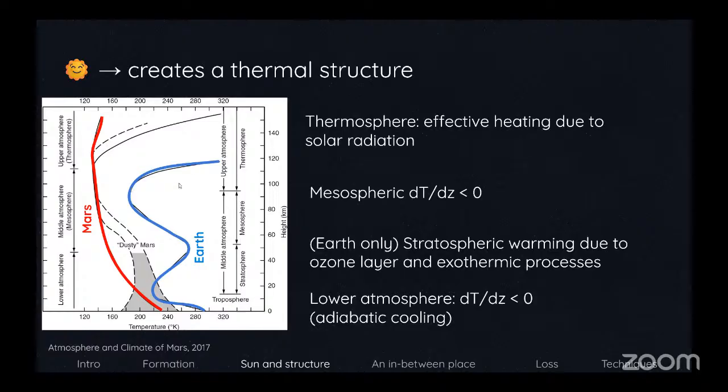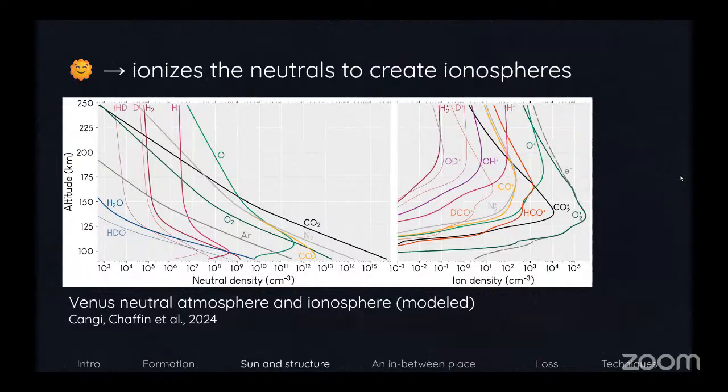And that's because since the atmosphere is getting thinner, radiation from the sun can come in more easily, get absorbed more easily, and the heating from the sun is very effective in this region. And that shows up in pretty much all of the planets. So as this radiation is coming in and reaching different altitudes, it's going to interact with the neutral molecules in the atmosphere and create an ionosphere.